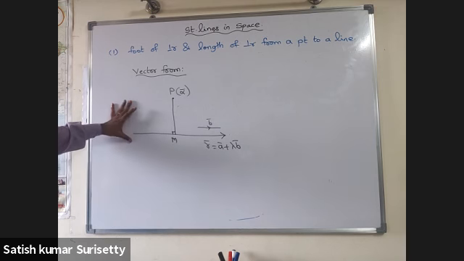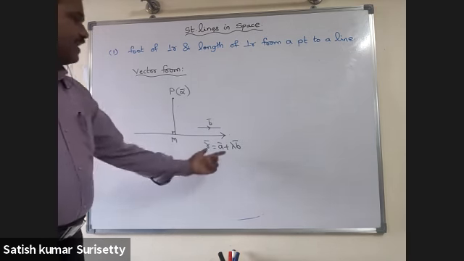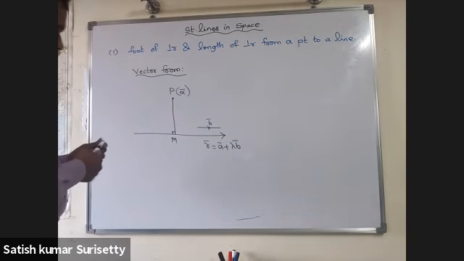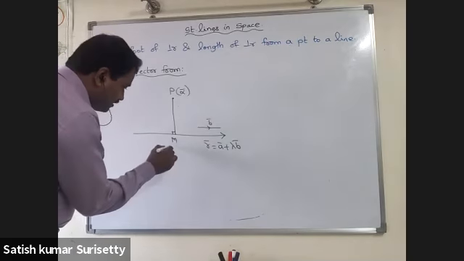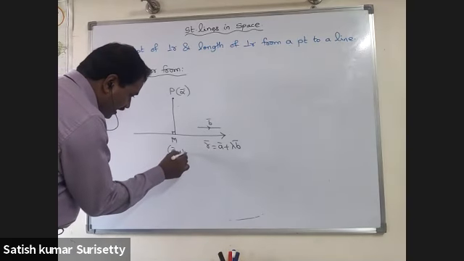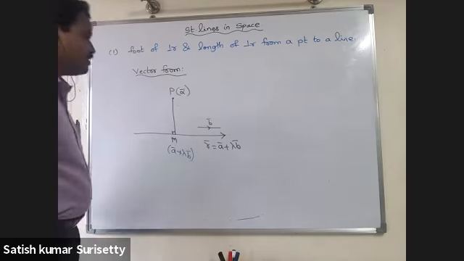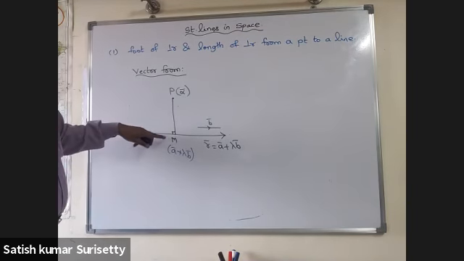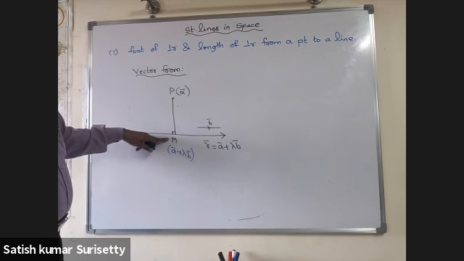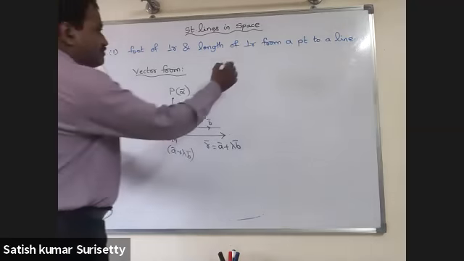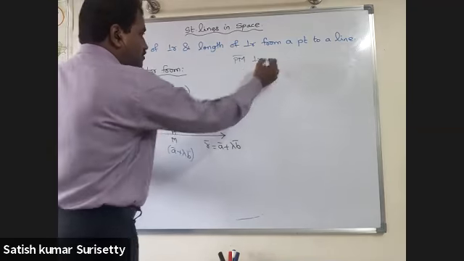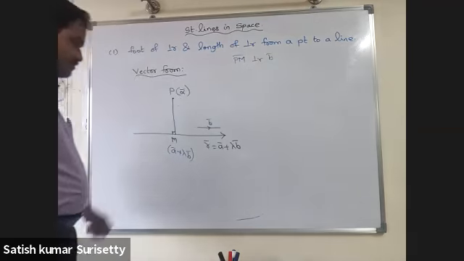Now the procedure is again, take any point on this line. That point itself we can take as a bar plus lambda b bar. Let us take a bar plus lambda b bar as any point on the line, that we can take as the position vector of the point M. Then PM bar is perpendicular to b bar.